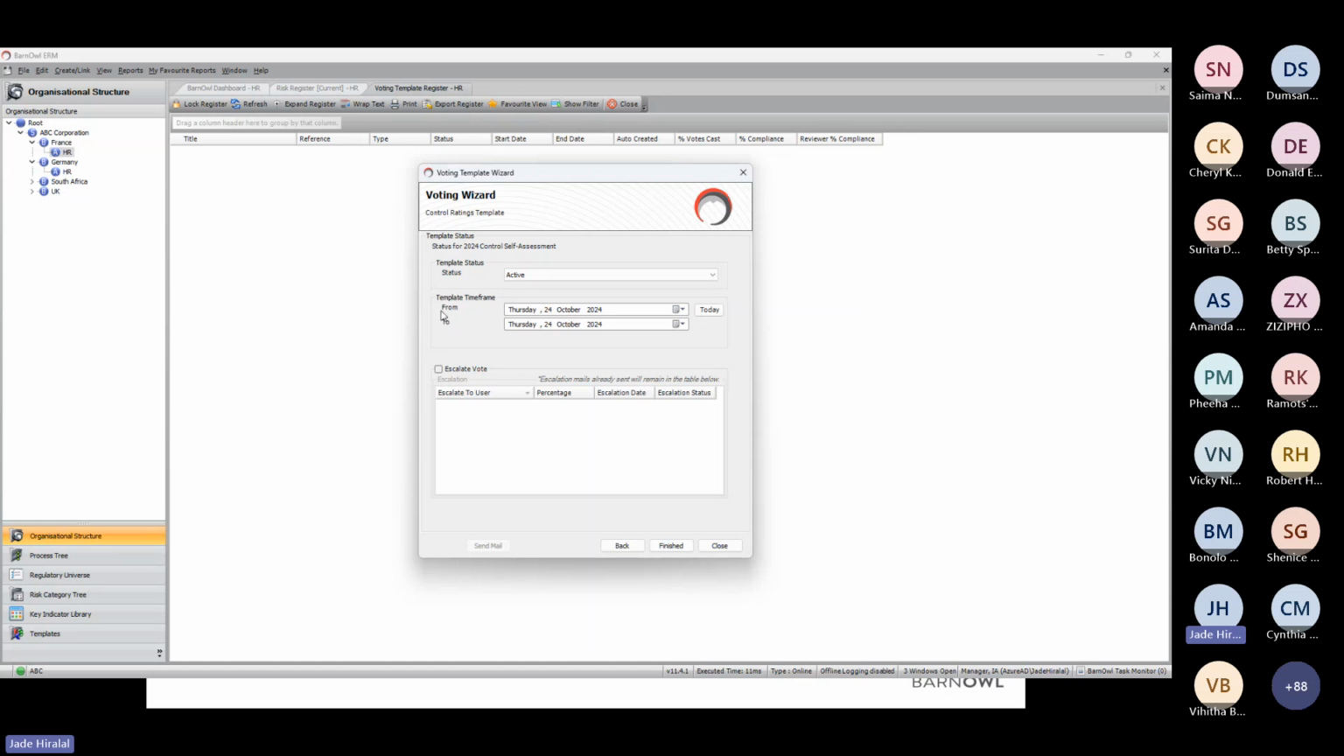Okay, then you can indicate the from date and the to date that your vote is going to be running for by clicking on the calendar icon and updating it over there. And then once you've done that, you can click on finished. Okay, both action plans and votes also allow you to escalate to another user, which helps you to manage things